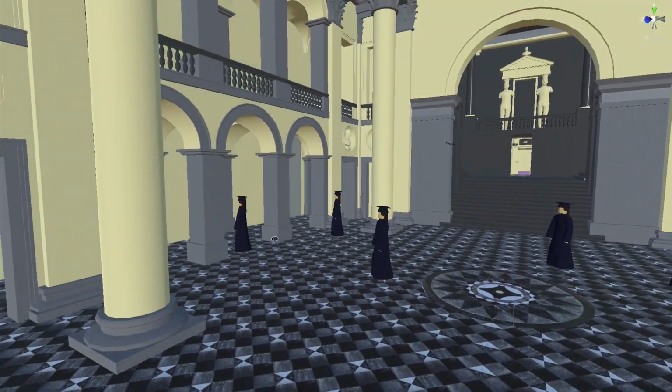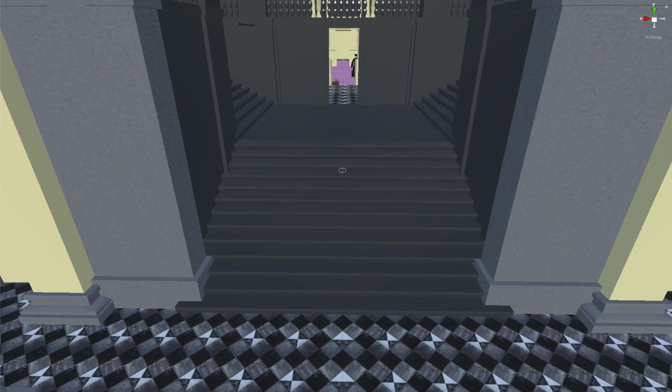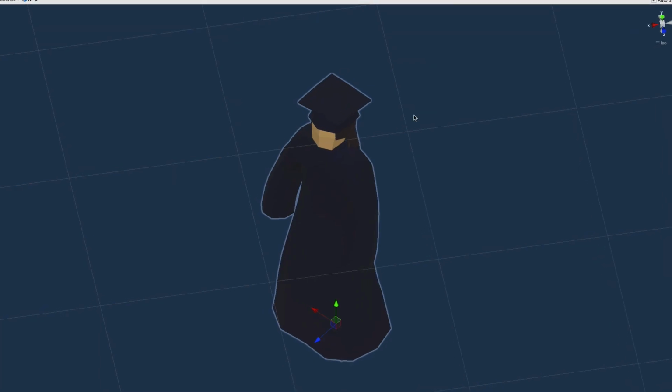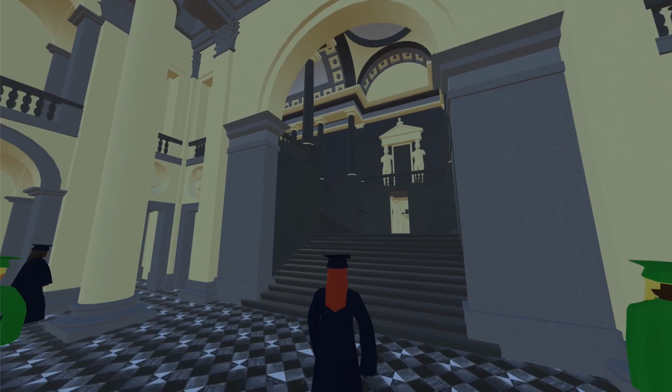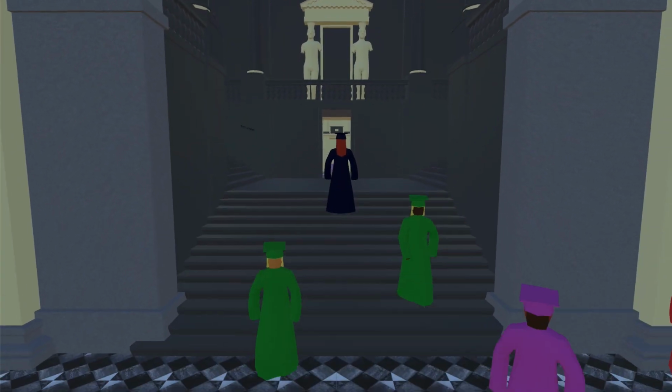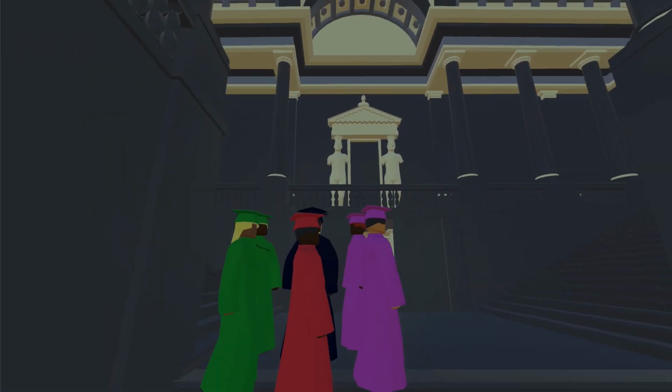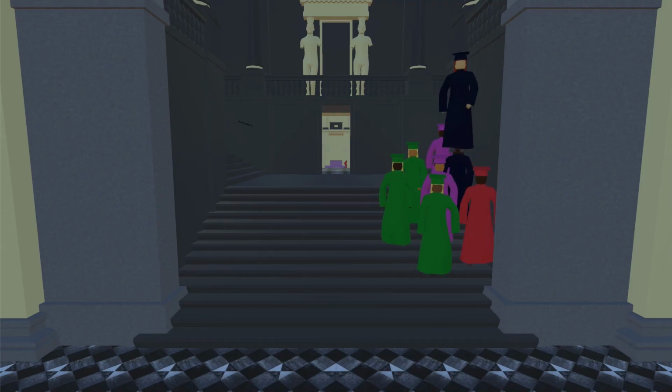So, with most of the assets in place, it was time to create the ceremony itself and all the surrounding activities. I wanted to have a picture moment with all my classmates to remember this special day. I gave the other characters some AI, so the moment I would go up the stairs, they would stop doing what they were doing and rush to me to get the picture. That's how popular I am. Well, they might want it a little bit too much.